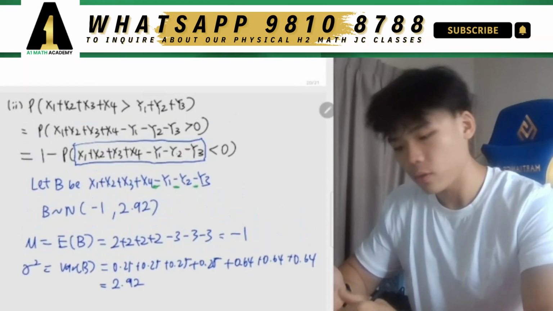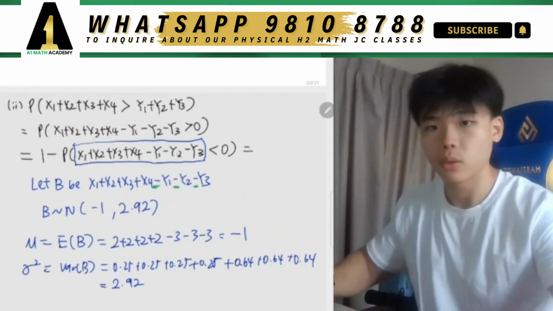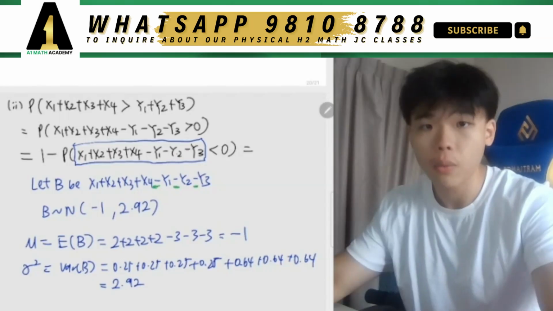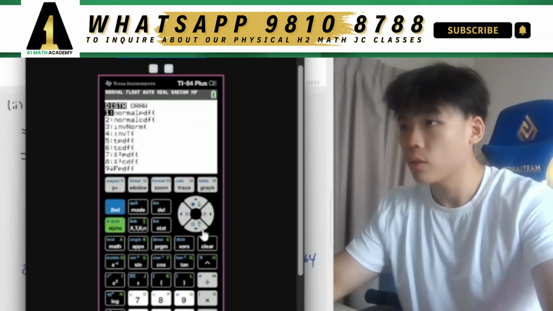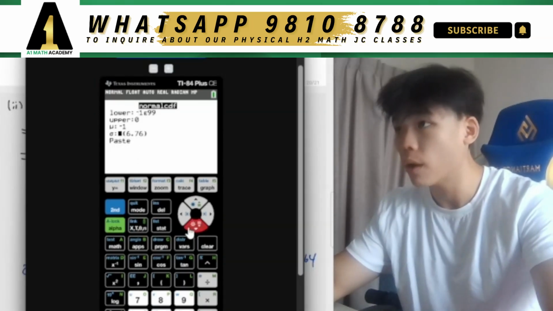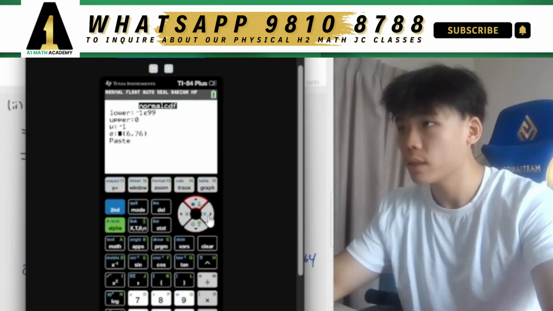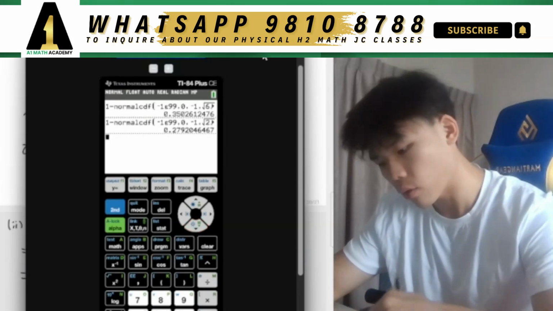And therefore, I can use this to calculate this value above. Right, so again, I'm going to go back to my GC now. Here, I'm going to click 1 minus, second DISTR, normal CDF, and then my upper limit will be 0. My mean is -1, but now my variance is 2.92, so my standard deviation will change. Right now it's 2.92, paste. So in the end, I get a value of